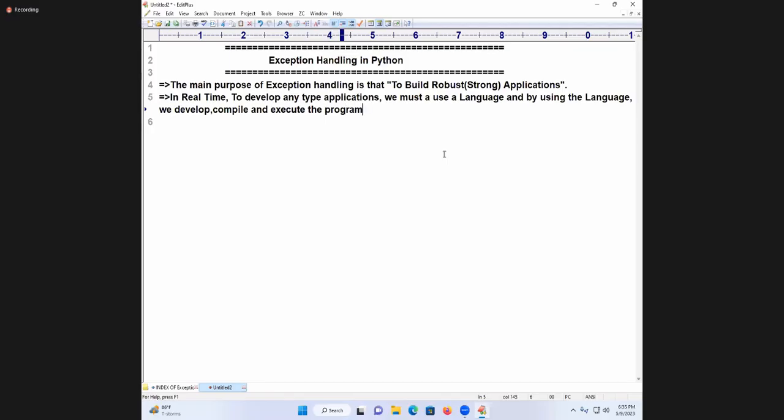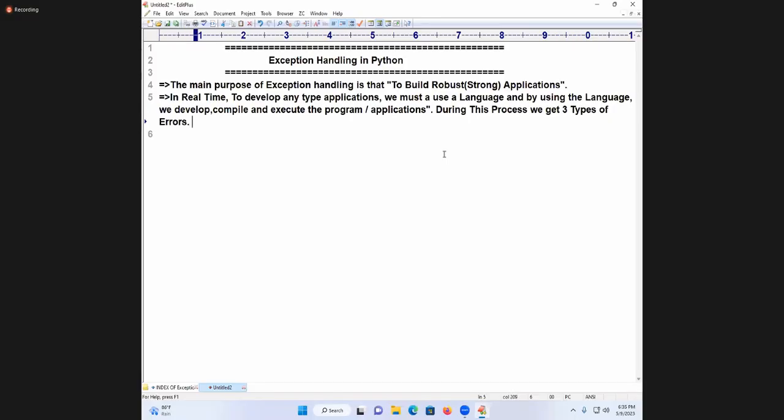Execute the programs or what? Applications. We develop and execute the applications. During this process, we get three types of errors. Three types of what? Errors.